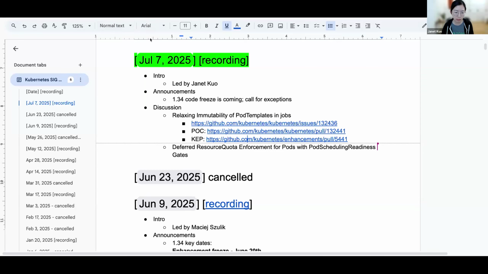The first one is about relaxing the immutability of pod templates in jobs. We have someone. Yeah, sorry, I forgot that. That was for me. I'll add myself to that. I'll do that after. So I started this discussion thinking about the next steps for in-place pod vertical